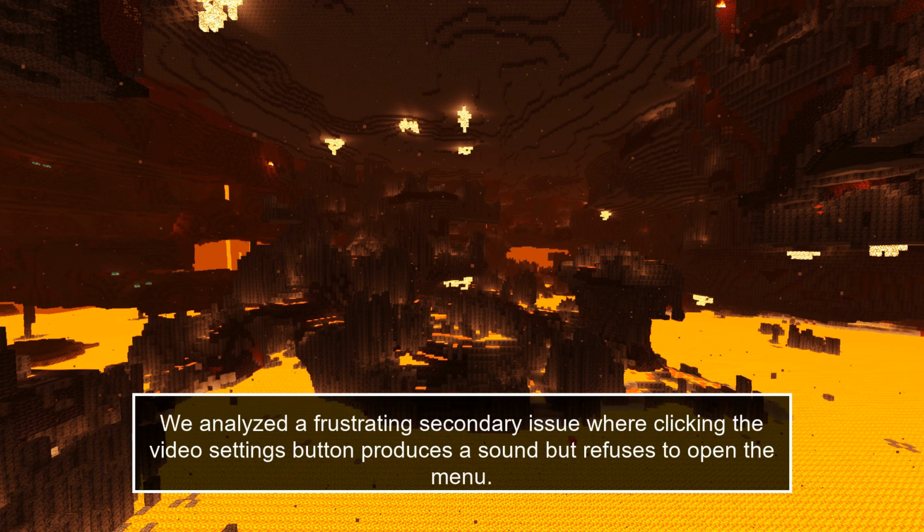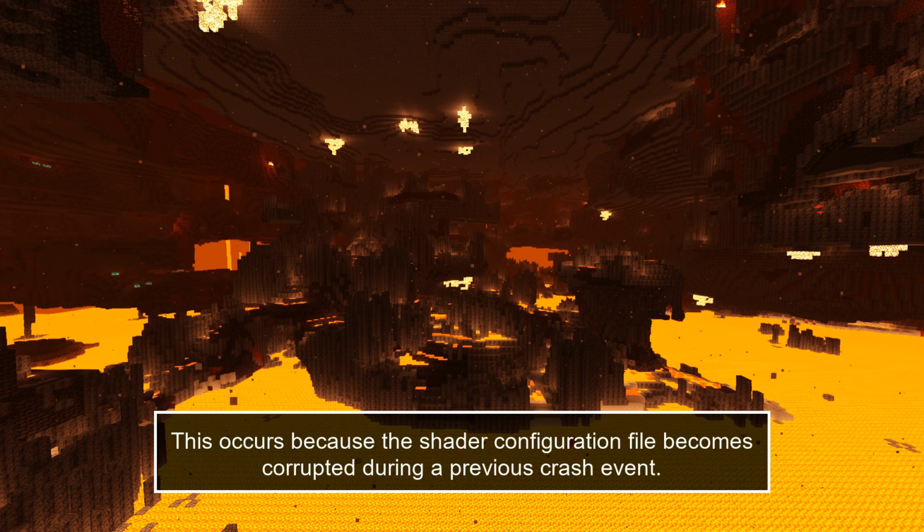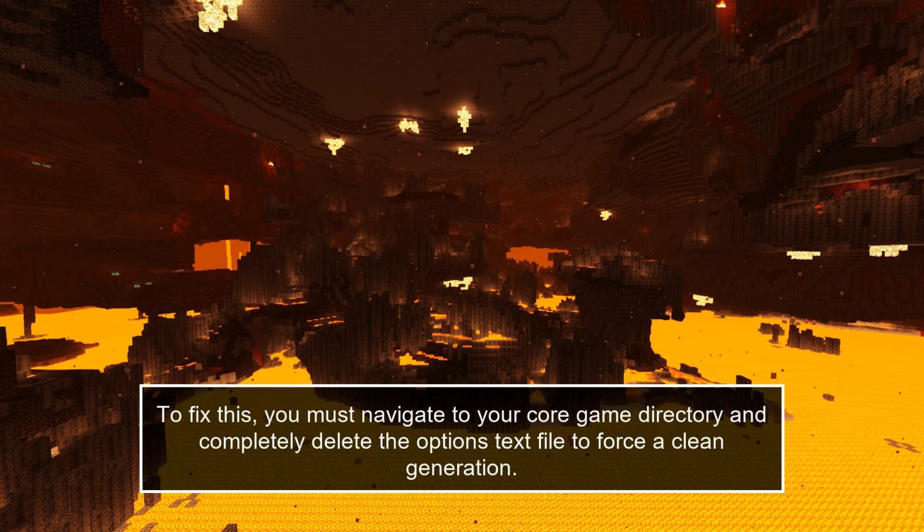We analyzed a frustrating secondary issue where clicking the video settings button produces a sound but refuses to open the menu. This occurs because the shader configuration file becomes corrupted during a previous crash event. To fix this, you must navigate to your core game directory and completely delete the options text file to force